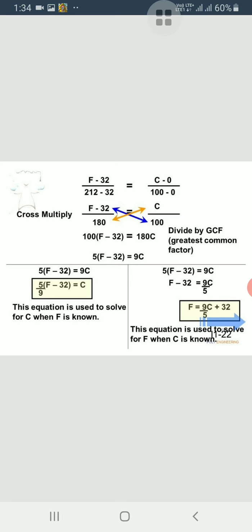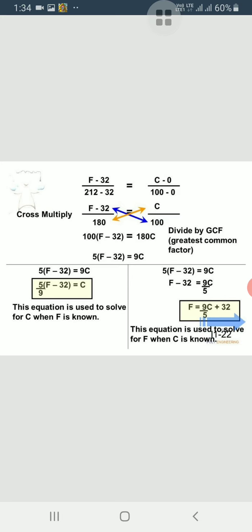Now, to convert from one scale to another, we have to do some calculations, and we have to create the relation between the two scales. Only then we can convert one scale into the other. So here